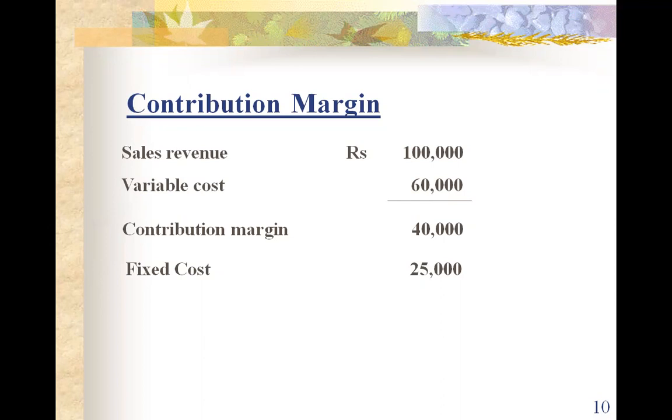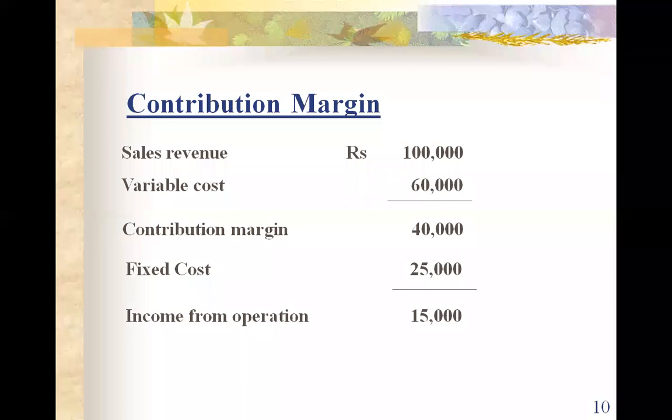So if we deduct fixed cost from the contribution margin, then we'll get the income from operation, or we also call it as a net profit. Contribution margin থেকে যদি আপনি ফিক্সড কস্ট টা বাদ দেন তাহলে সেটাকে আমরা বলবো হচ্ছে ইনকাম ফ্রম অপারেশন, রাইট? জি স্যার।